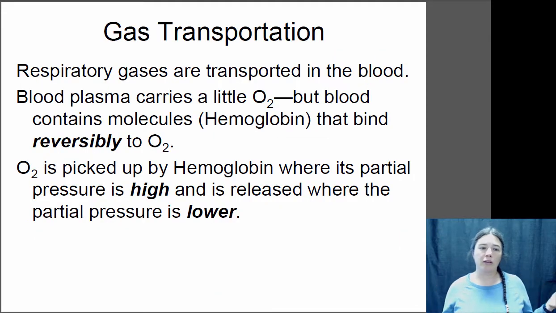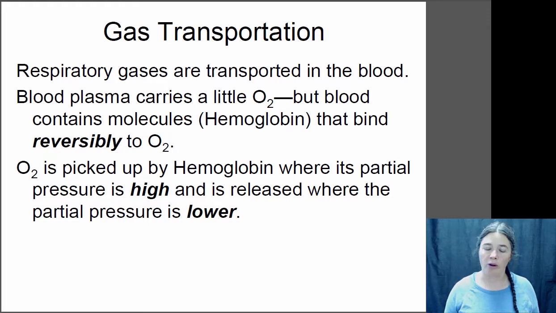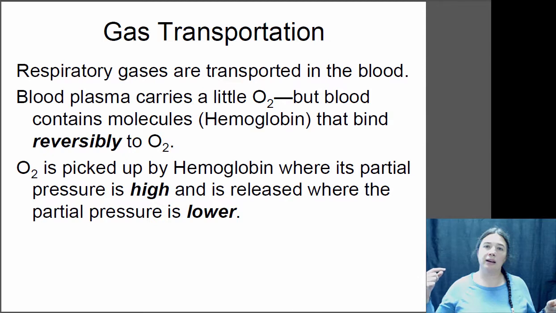So these respiratory gases need to be transported, and they're transported in the blood by binding to hemoglobin, and hemoglobin is contained within these red blood cells. Now, the reason that you have to have hemoglobin is because, as you hopefully remember from the respiratory lecture, oxygen actually doesn't dissolve terribly well in water, and so you can't just have oxygen dissolve into the water of your blood and transport it around. You need to be able to transport more oxygen than that. So oxygen will bind to the hemoglobin temporarily,